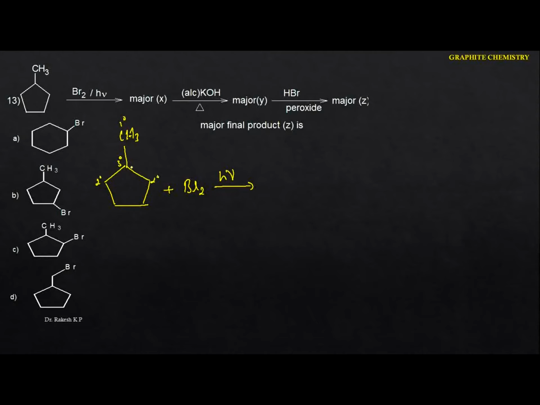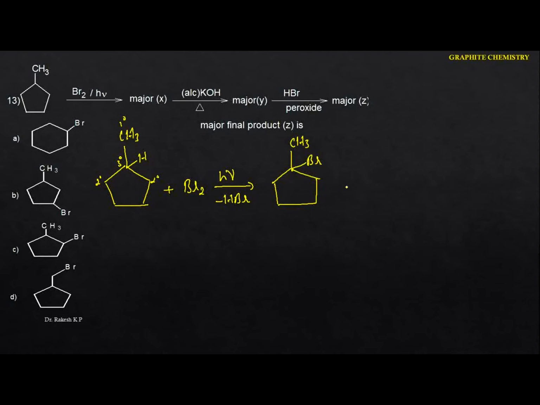But we know that the most active carbon is the tertiary. Now you just identify this one. Here we are having one hydrogen. This one hydrogen is replaced by bromine. Okay, and here the byproduct will be HBr. Now see the main product you are going to get here. So this is the product. Here you are having the CH3, and here you are having the Br.